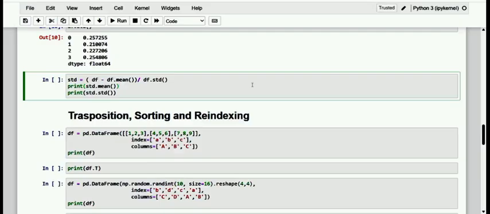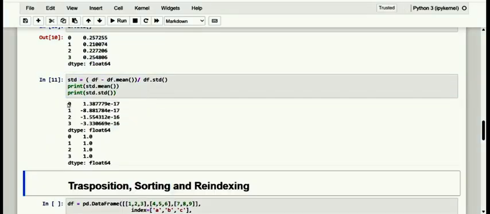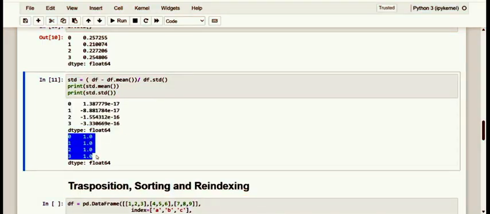In a practical way, standardization consists of making the mean of this group of values equal to 0 and the standard deviation unitary. This can be done simply on a data frame, but also on a series. Kindly have a note of it. This is the standard deviation. I just want to calculate it by mean and then standardization. When I execute this, we get the mean value, and next the standardized value.